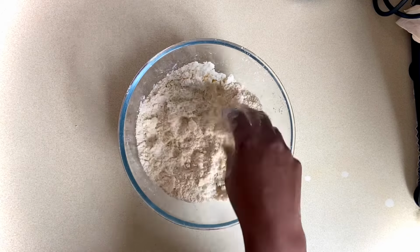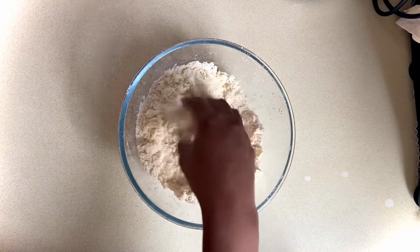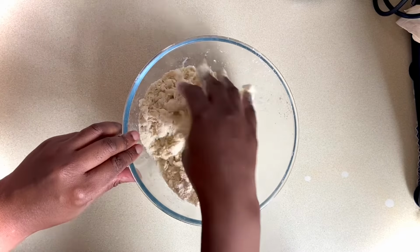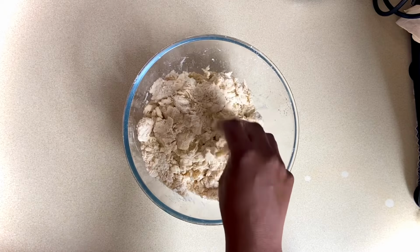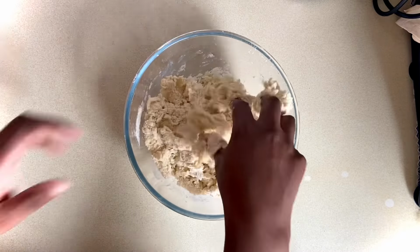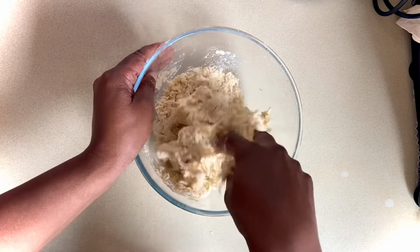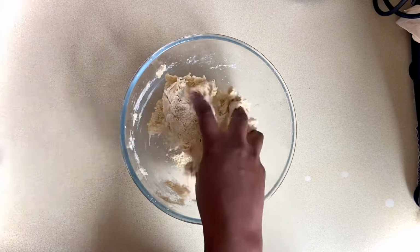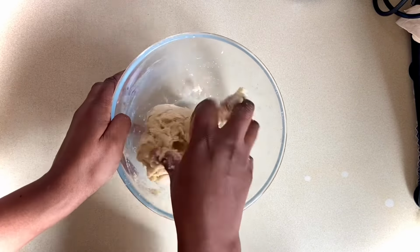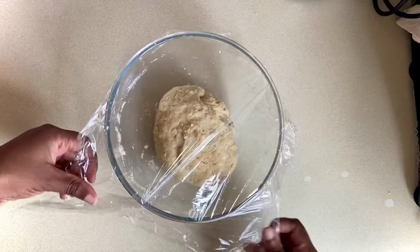So there we go, the butter's rubbed into the flour now. It doesn't matter if there's a few lumps of butter. Now I'm going to add some cold water, a little at a time, just to form a dough. I don't want it too sticky, just enough for the dough to come together easily. There's enough water in there now and the dough's forming together really easily. I'm just going to wrap some cling film on top and pop it in the fridge for about 30 minutes